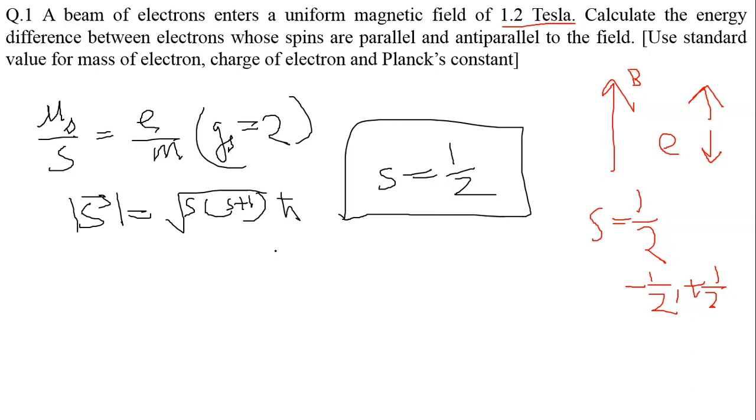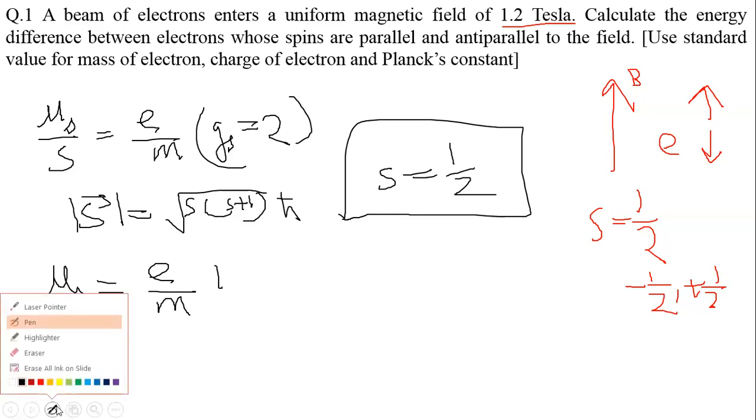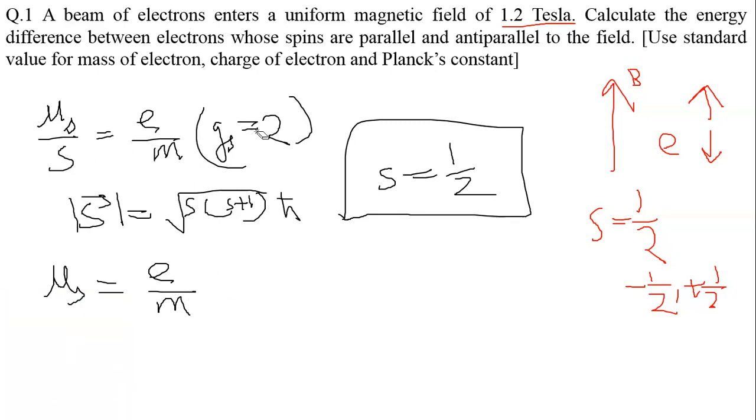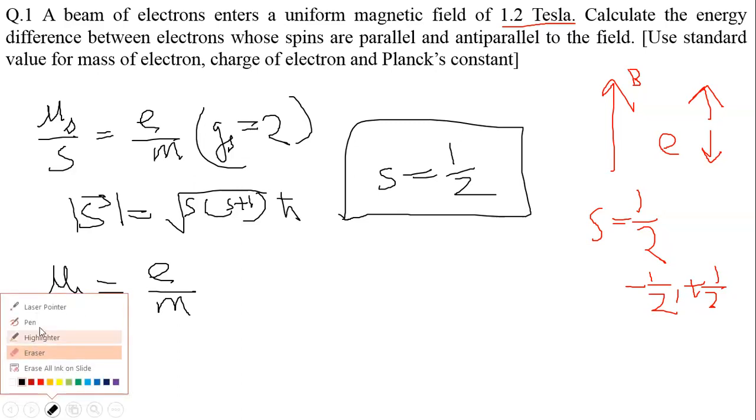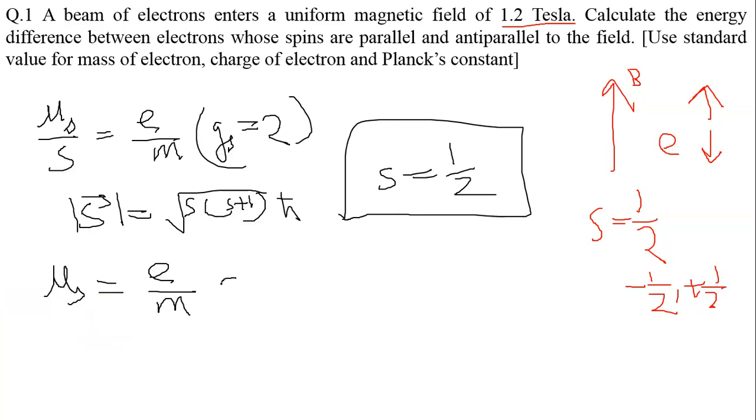So now what will we calculate? If we calculate the Z component, then from the above relation we have mu S is equal to E by M into S. So this gives the total spin magnetic dipole moment, and for the Z component: